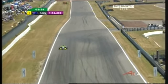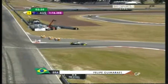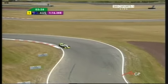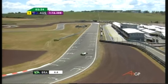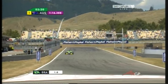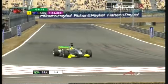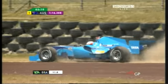Yeah, and the track will get a bit quicker as we go through this session, but there are only 3.5 minutes on this one left. Remember, 10-minute sessions now, so it's really fast and furious action in qualifying. You can't afford to sit around too long. You're watching the Brazilian car now going onto its flying lap. And the Brazil team may just have done this in terms of timing, getting the car just about right, because there will very shortly be a mass exodus from the pit lane as the remaining field makes their way